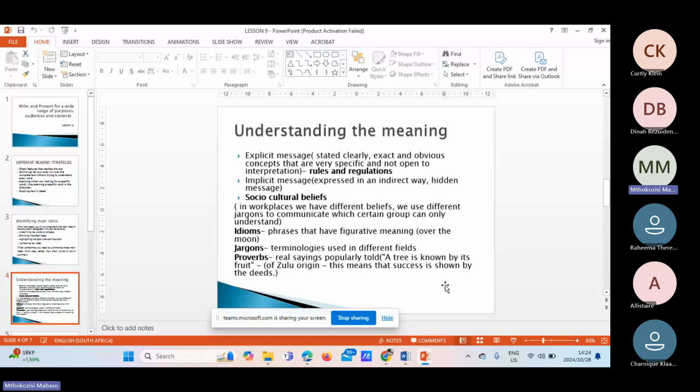We use different jargon to communicate, which certain groups can only understand. There are also things like idioms, which are phrases that have figurative meaning. Over the moon is an example of an idiom. We all have heard that one. There are jargons as well, which are terminologies used in different fields, like doctors, they have their own jargon, so